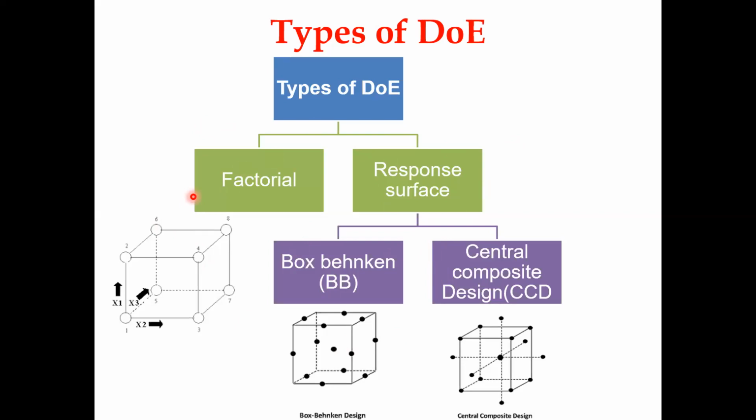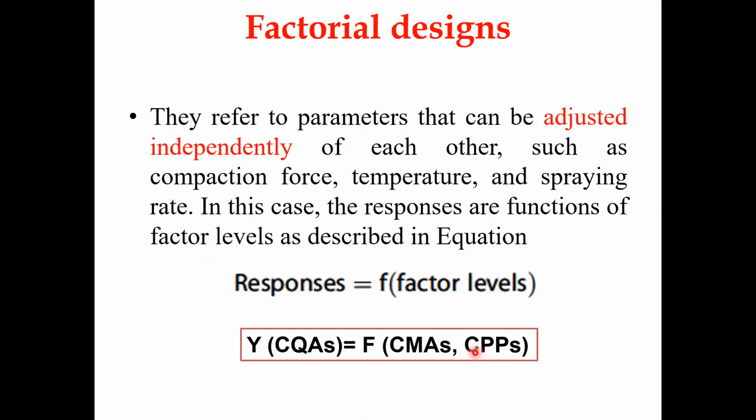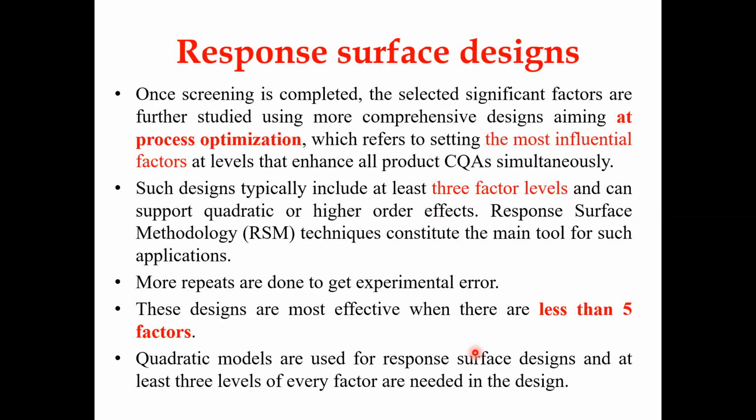If you could recall once again, the types of DoE are of two types. One is factorial designs, another one is response surface designs. The factorial designs are the simple designs. The difference between these two is you don't have any central point here. In factorial design, we didn't consider any central points. Within the response surface methodology, we have considered the central points as well as the axial points. That is the difference. And one could recall, if you have three factors,